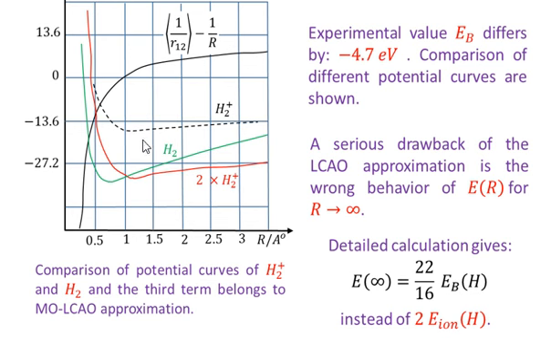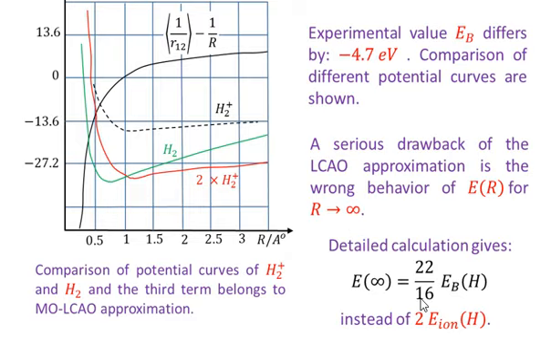You know that the binding energy of the atomic hydrogen is minus 13.6 electron volt. So what should be the behavior of the hydrogen molecule? What should be the behavior of the potential energy curve of the hydrogen molecule? That is, what should be the behavior of the green curve? You know that when you set the value of R goes to infinity for the green curve, you will get